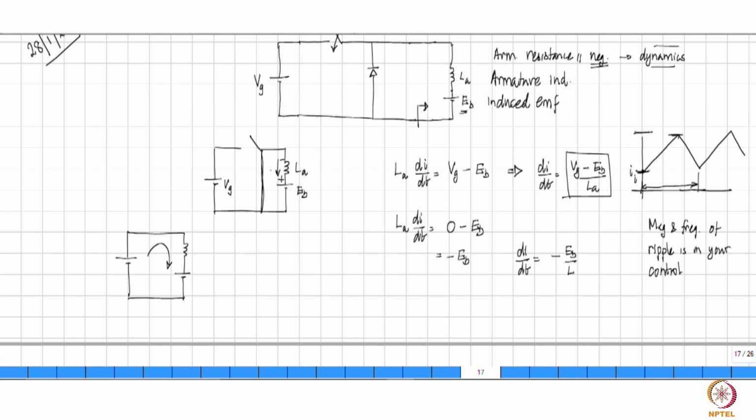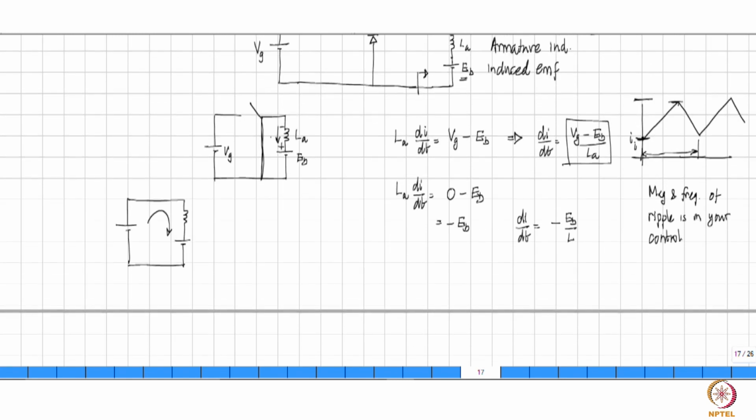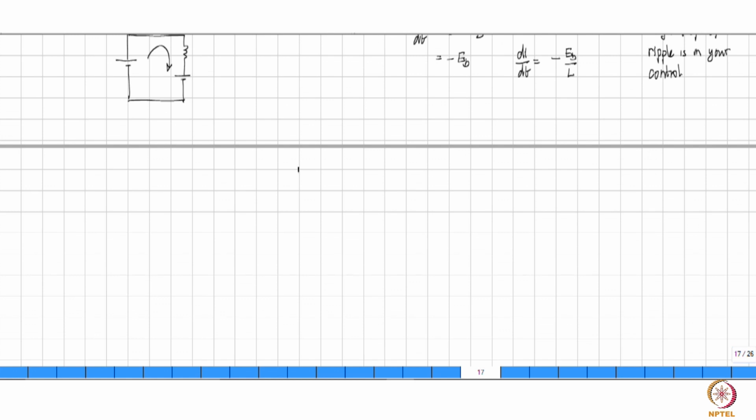So in this case, for example, if the motor is going to operate in a steady manner and the circuit is also going to operate in a steady manner, then it means that this waveform has to be in such a way that if it starts from some initial value I0 and during the on time of the switch it rises to some value, let us say IF, then during the off time of the switch it has to come back to the same value I0 and repeat in this manner. This is what would then be a stable, steady operation.